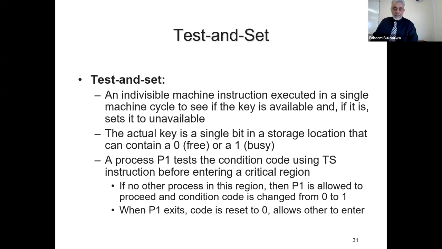So the actual key is a single bit in a storage location that can contain 0 and 1. And with the threads, they can both see this variable. Let's say variable x. Is it 0 or 1? We start with 0. That means the critical section is free. And anytime you approach it, you want to use it, you first check, is it free? If it's free, you check if it's free, and if it's free, turn it to 1 immediately, in 1